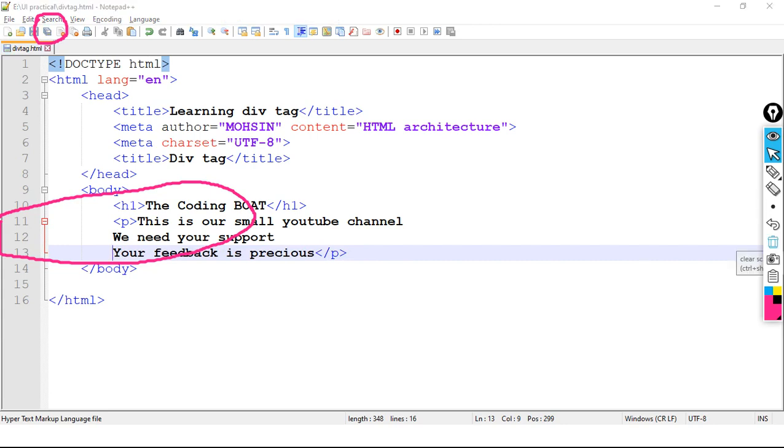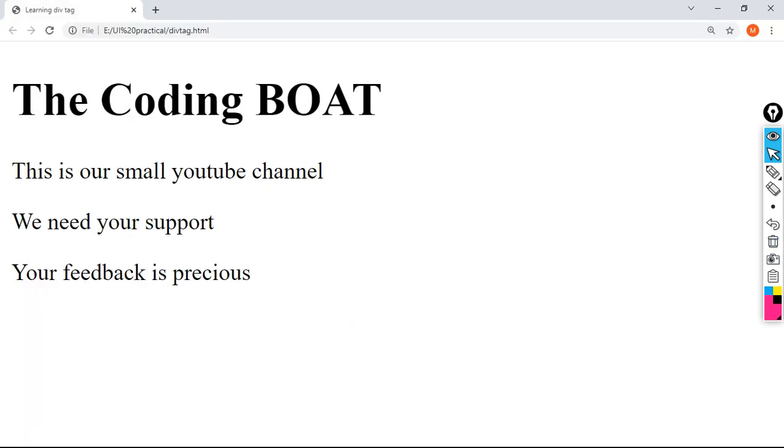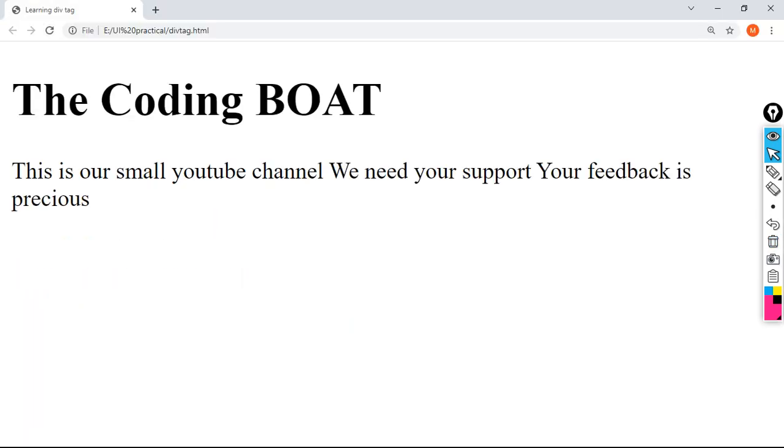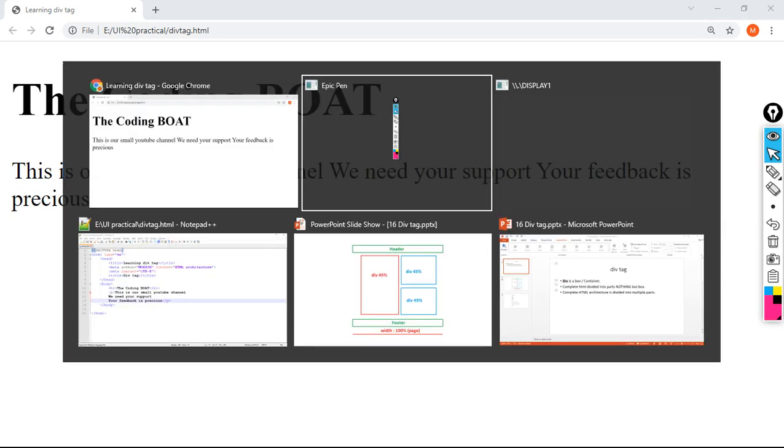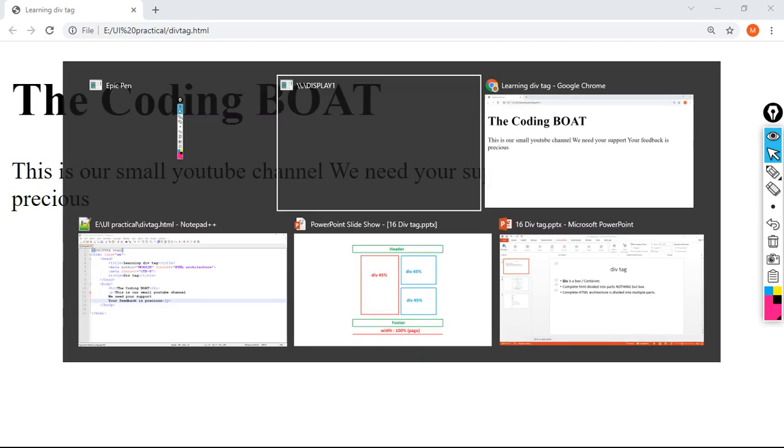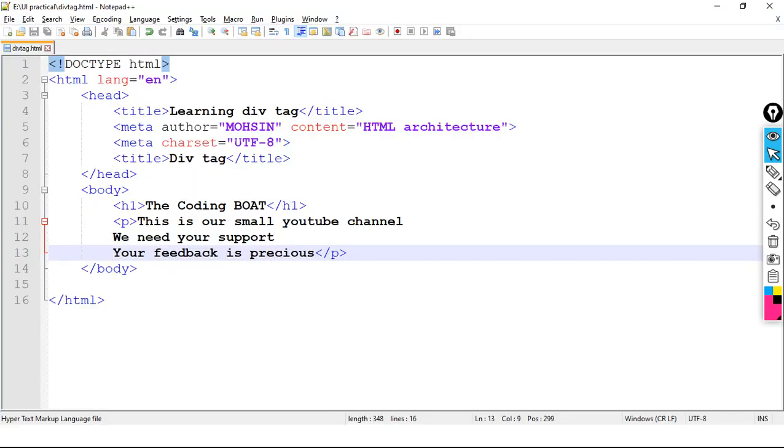Now observe what will happen. This is one complete paragraph. Now I am going to make use of the div tag.